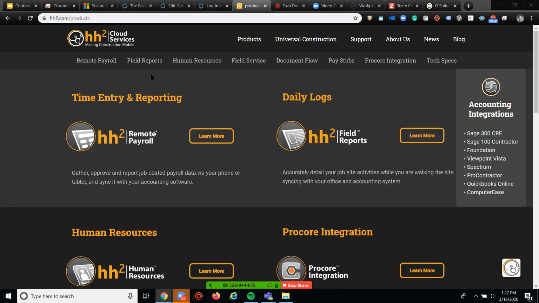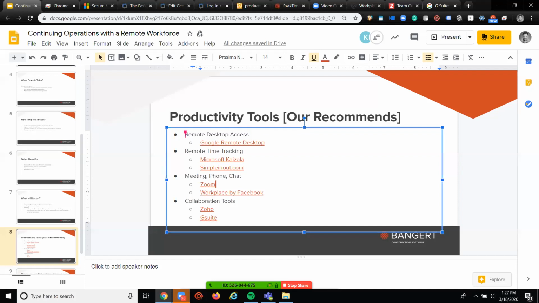So let's go back to meetings, phone, chat, things like that. We use Zoom here at Bangert, and we actually transitioned. Zoom is a great platform for meetings, webinars, so it's what we're using today, and also phone. They also have chat enabled on there, and we reduced our expenditure in those 4 categories by 68% by switching to Zoom. It's something you can get started with right away in your organization. The migration for your phone system is really simple, really straightforward. They've got great customer support. They have great account managers, and we couldn't be more thrilled with them.